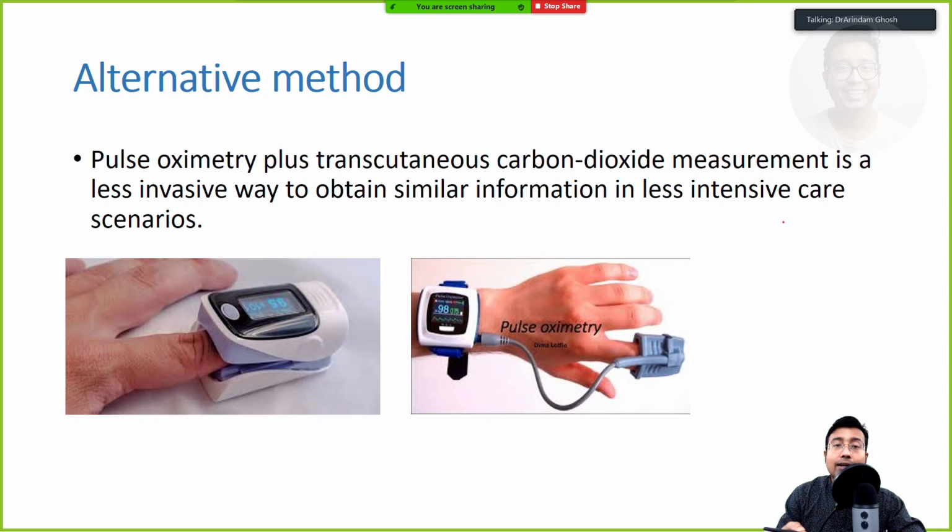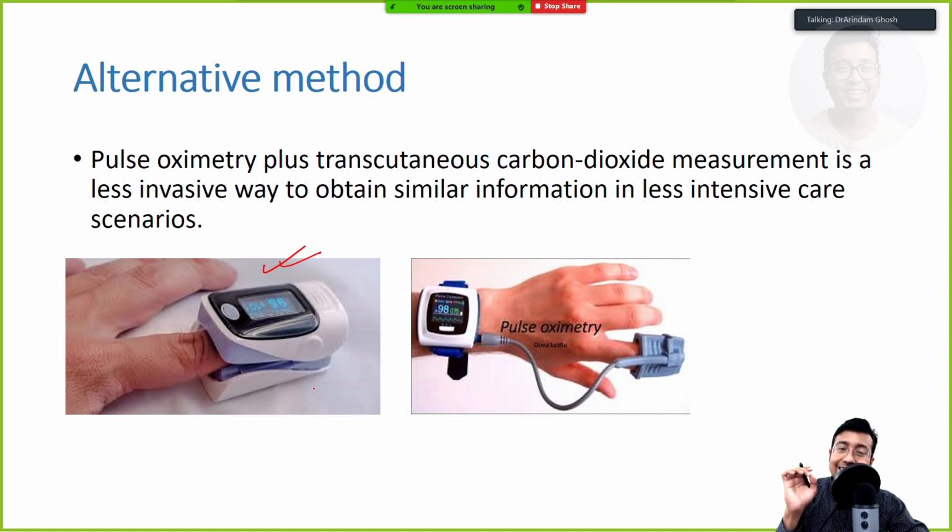Right now we know this pulse oximeter. For 2 to 3 years I've been teaching this, and the moment I show this slide, many students are like, what is this? But now, courtesy of COVID, most of us know what a pulse oximeter looks like. This is how the situation may change any day. Nowadays we buy pulse oximeters from Flipkart and Amazon to see oxygen saturation.